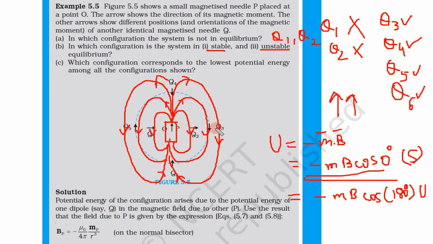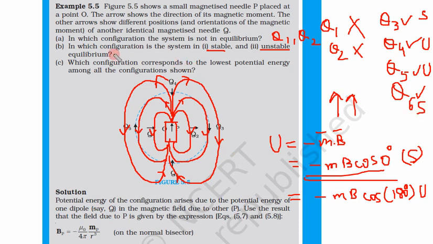So let us see Q3 and this magnetic field both are in same direction. So that means this is stable equilibrium, 0 degree angle. Q4, this is Q4 down, B is up, this is unstable. Now this Q5, this is up, magnetic field is down, this is unstable. Q6, both are up, this is stable.